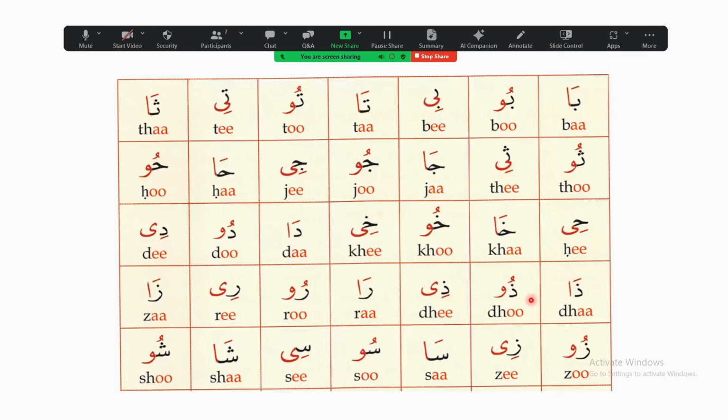the, thu, the, ra, ru, ri, za, zu, zi, sa, su, si, sha, shu,